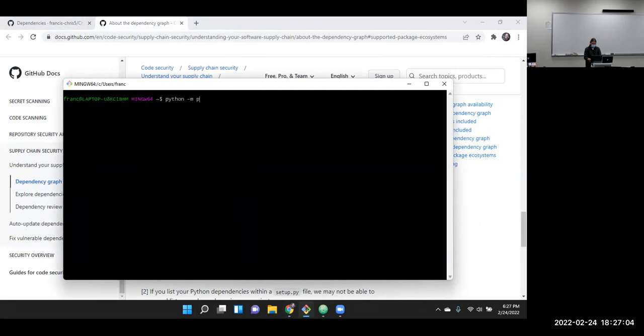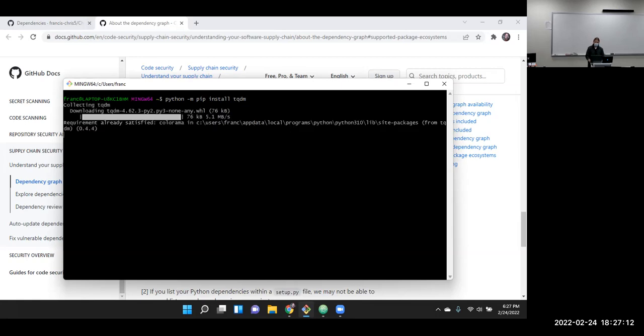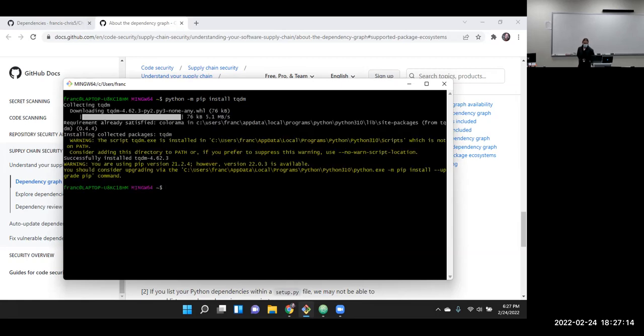Python -m pip install tqdm. I think that was on the last computer, so I couldn't do this. Might as well install it, that's a useful thing. So it ran that and checked to see what else it needed. The requirements were already met. It looked to see what it needed, and all the requirements were met. That's what it does. So we need that file.